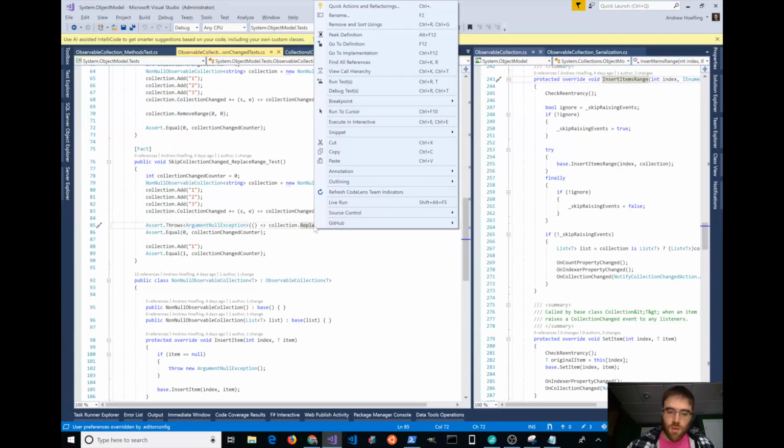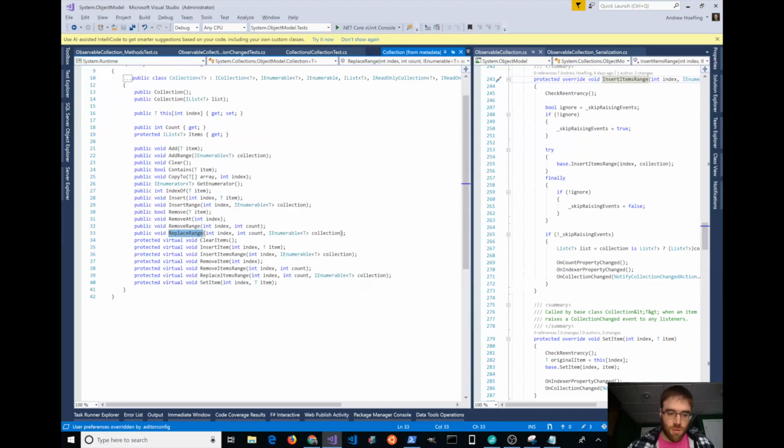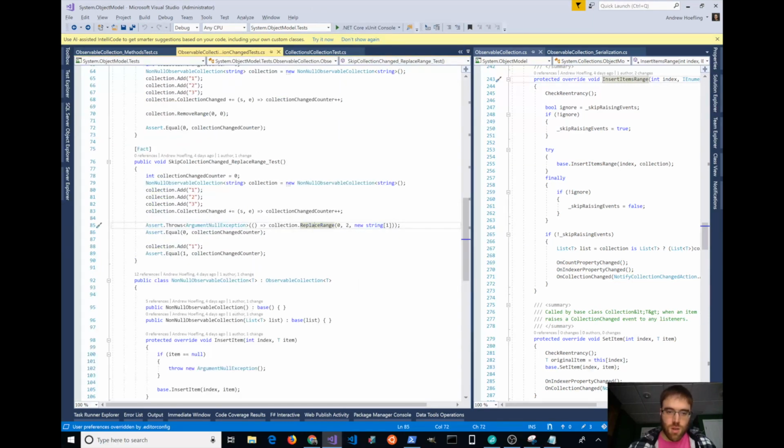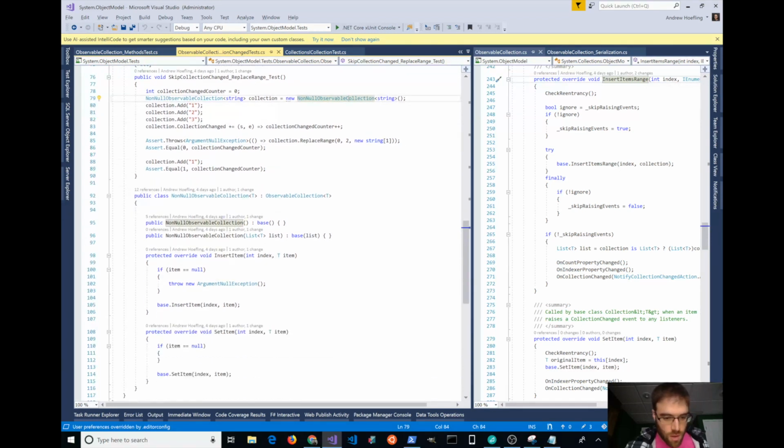So let's take a look at our replace range here. What I did for this was actually one of the code review items: out in the wild, people create these non-nullable observable collections and exceptions will be thrown and bubble up and not be handled appropriately. So in the replace range